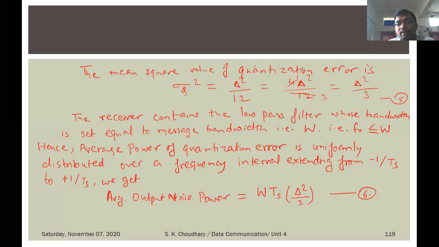Here delta is the step size, and in the case of delta modulation, we know that the step size is fixed, that is plus delta or minus delta. So the overall length is twice delta. It would start from minus delta up to plus delta, that means 2 delta. That's why we substitute the value of delta here. To avoid confusion, some books have also mentioned delta is equal to